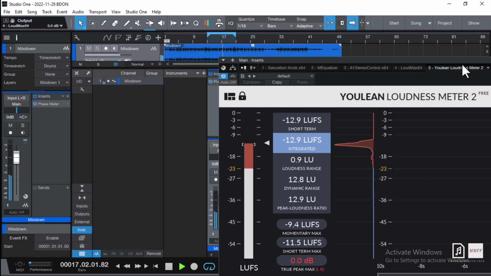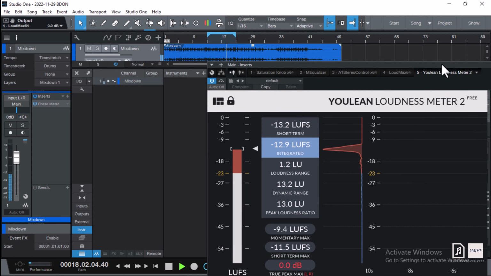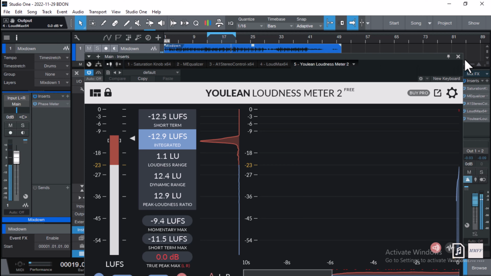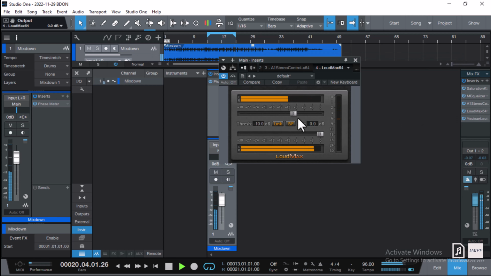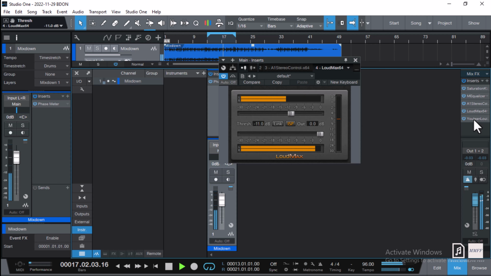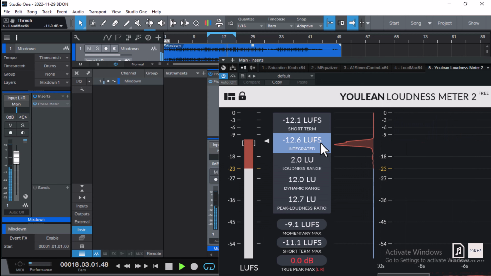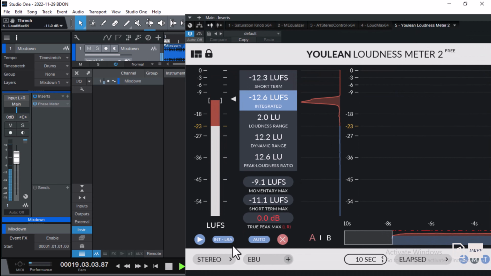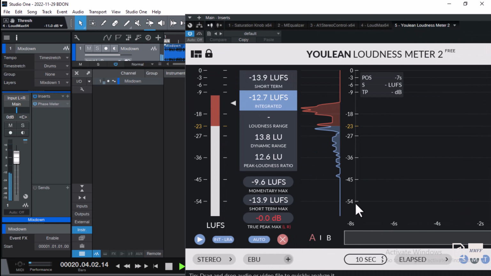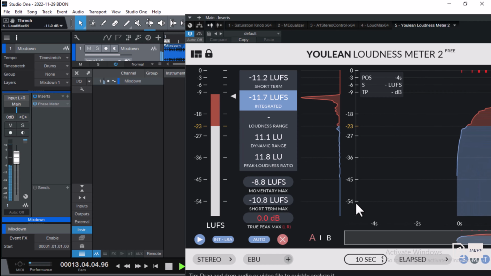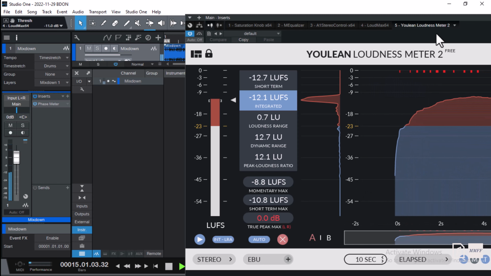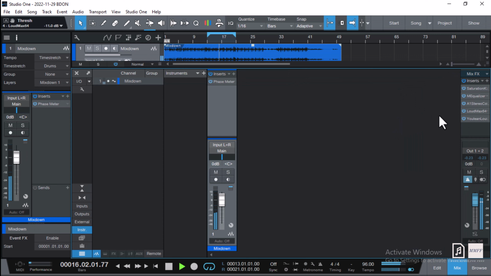I know fit to compare you. I know fit to compare you. We know. I know fit to compare you. I know fit to compare you. I know fit to compare you. I know fit to compare you. We know. I know fit to compare you. I know fit to compare you. I know fit